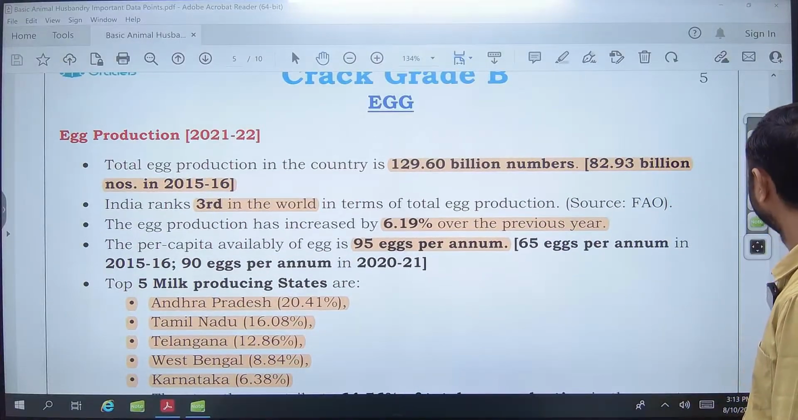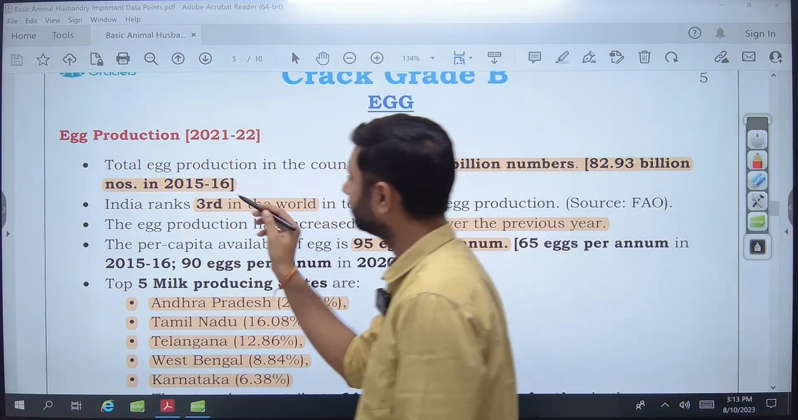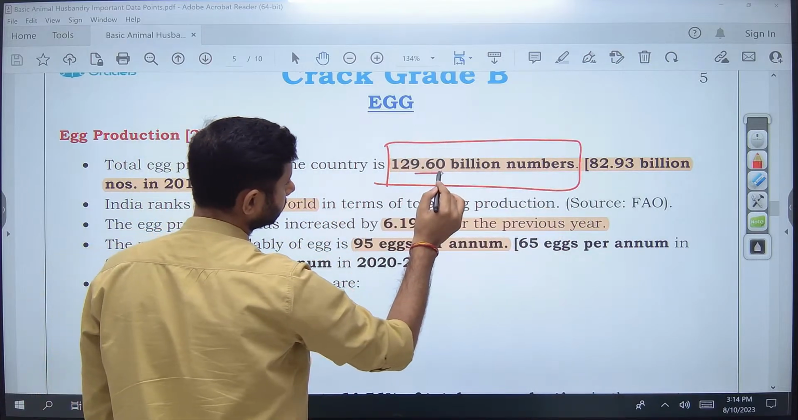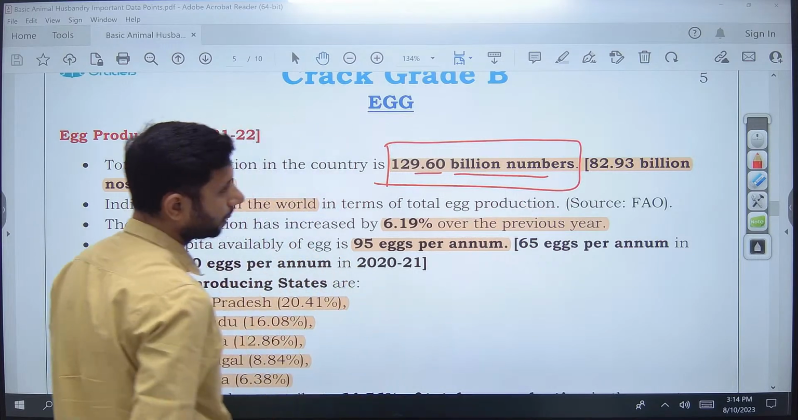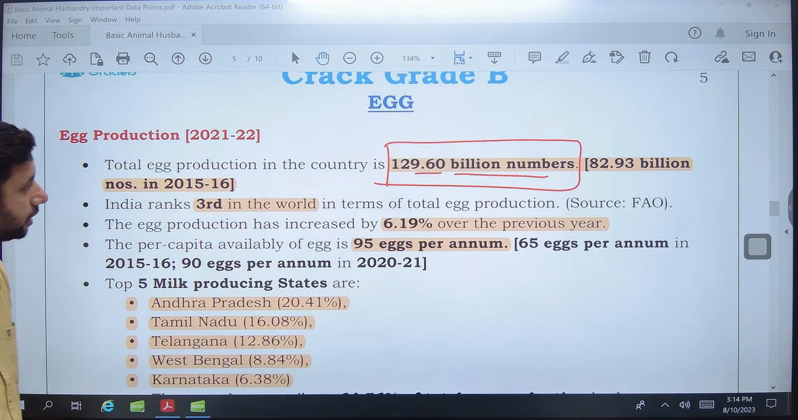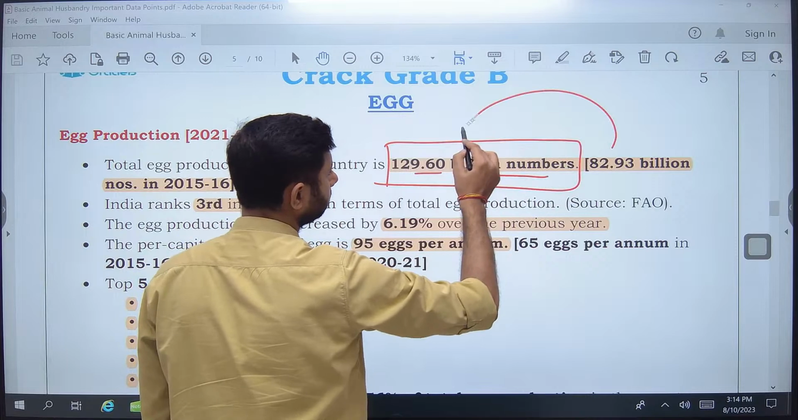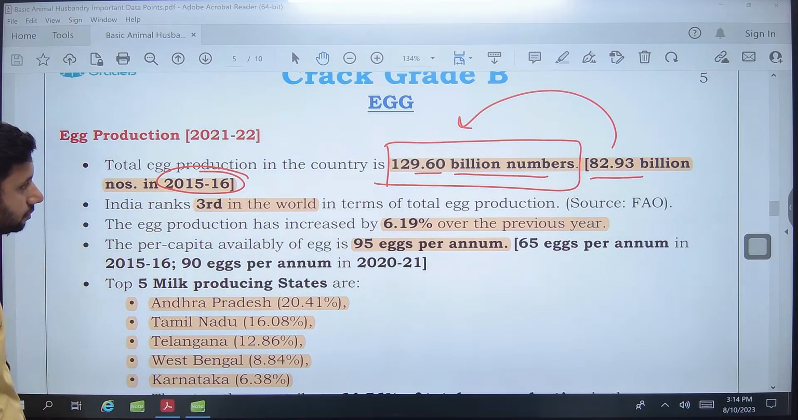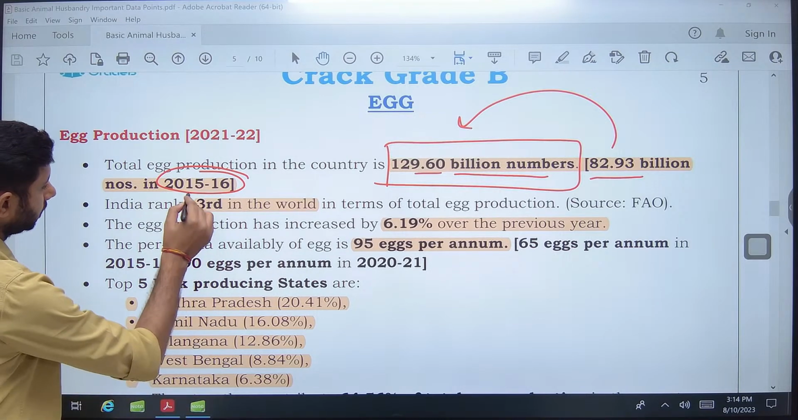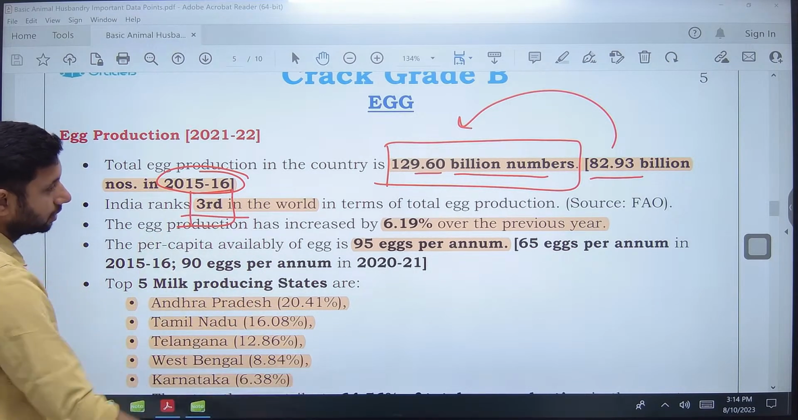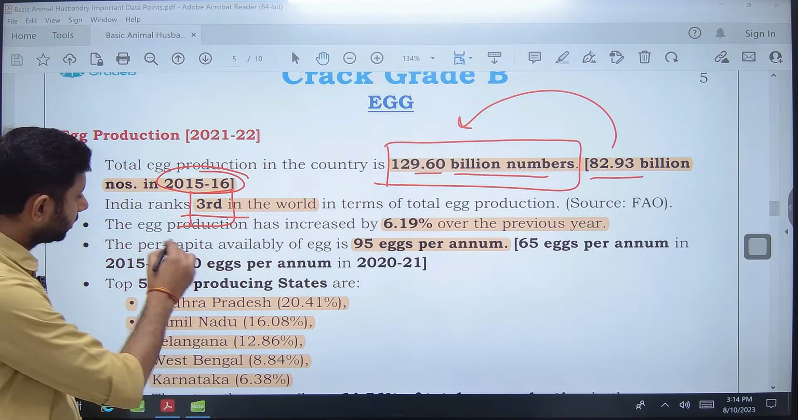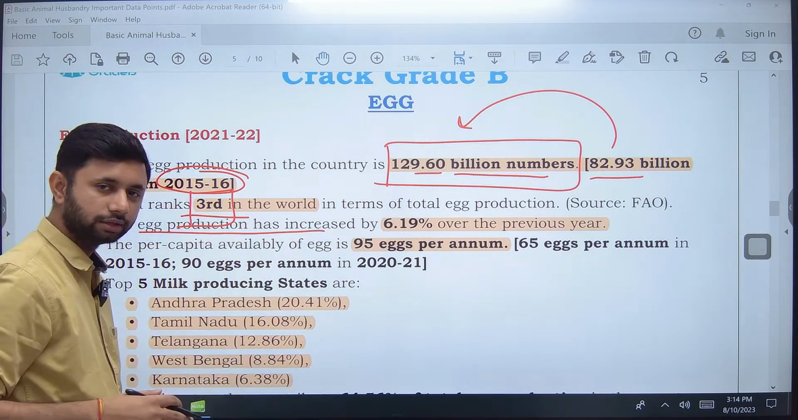Next we go on to eggs. So the total egg production in the country is 129.60 billion numbers. Okay, and it is a very big jump from 82.93 in 2015-16. So what's the rank of India? It ranks 3rd in the world in terms of egg production, and the growth rate from last year is